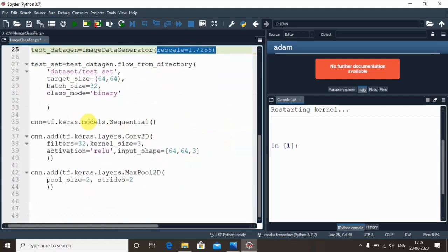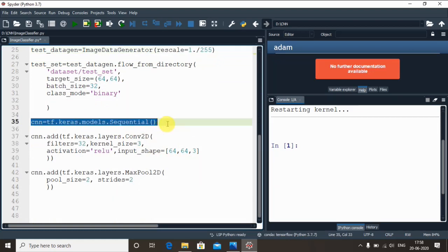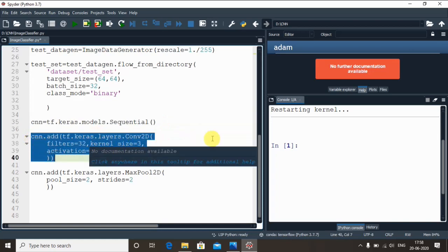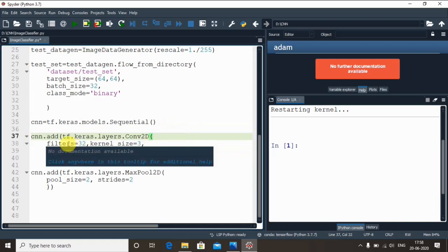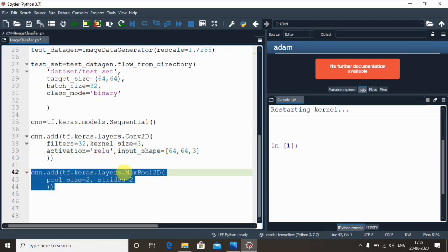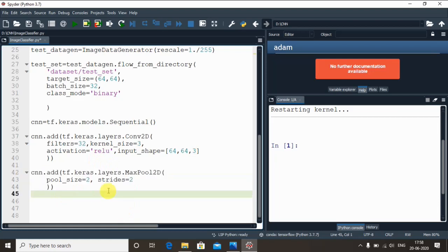And finally we initialized our CNN model, and we also added a first convolution layer from the tf.keras.layers module using Conv2D, by giving 32 feature detectors or filters with kernel size 3 cross 3. The activation function we applied was ReLU, rectified linear unit, and the input shape was given as 64 cross 64 cross 3, as 64 cross 64 stands for the target size and 3 since we are using a color image. And finally we applied max pooling for the convolution layer. So this is what was taught in my session 1.